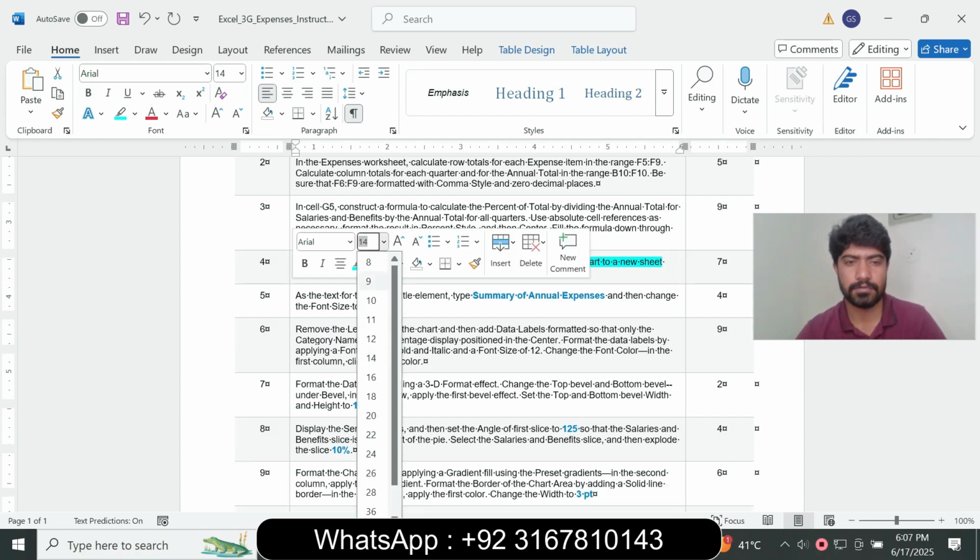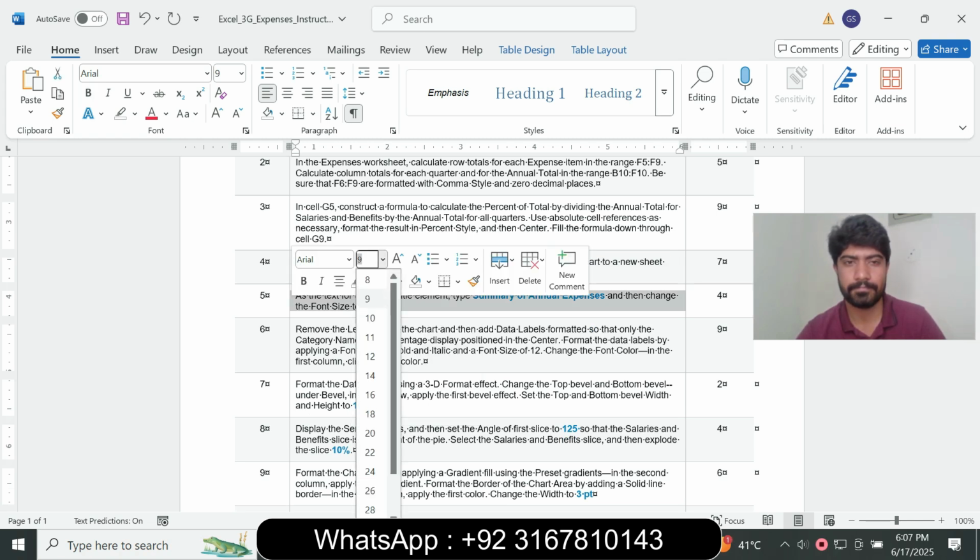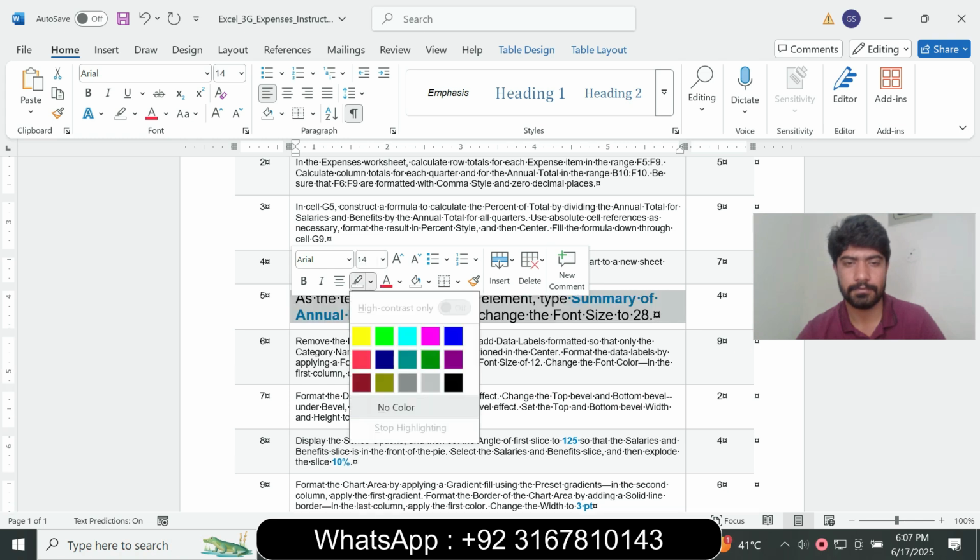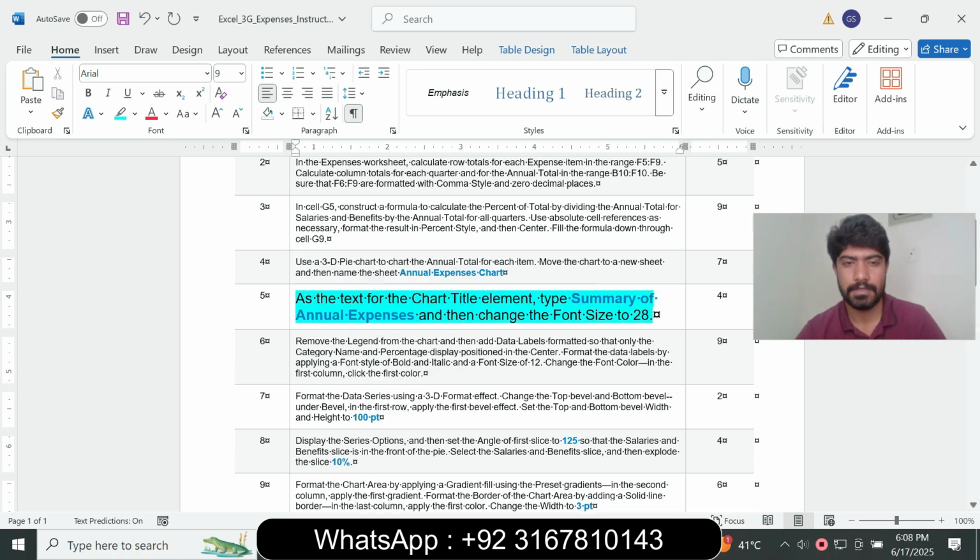We move to question number 5. So question number 5 is: as the text for the chart title element, type Summary of Annual Expenses and then change the font size